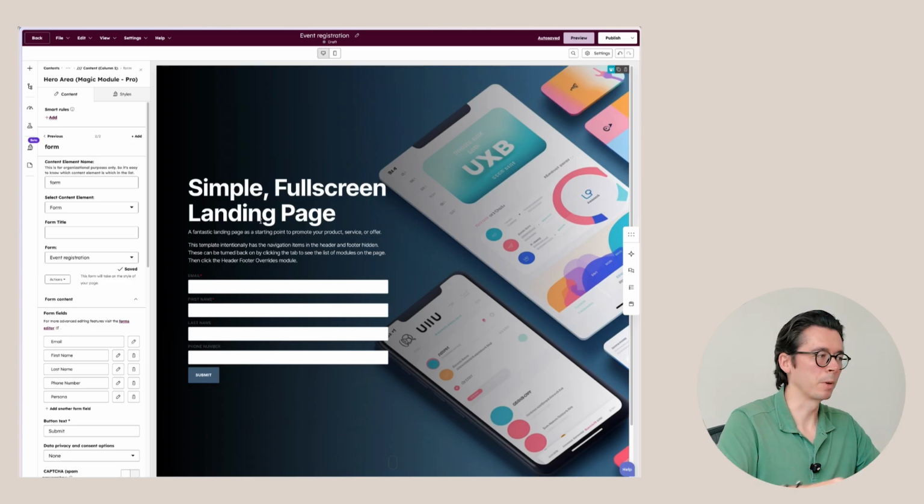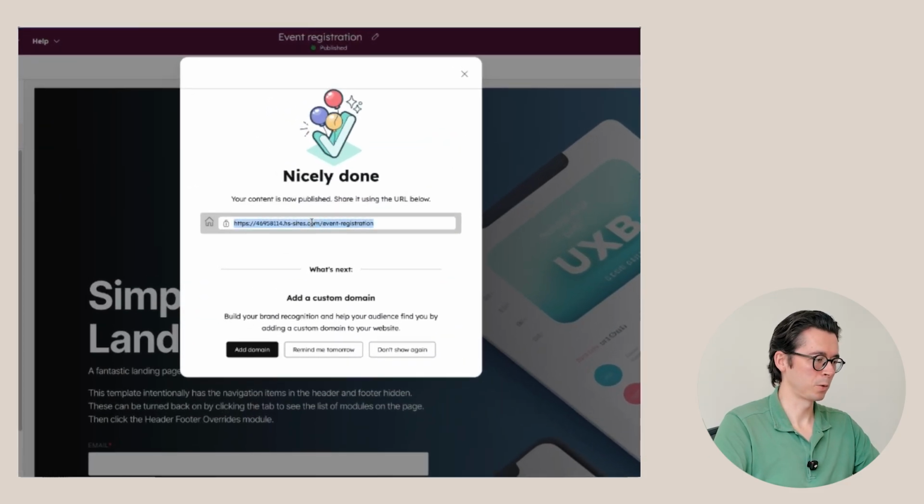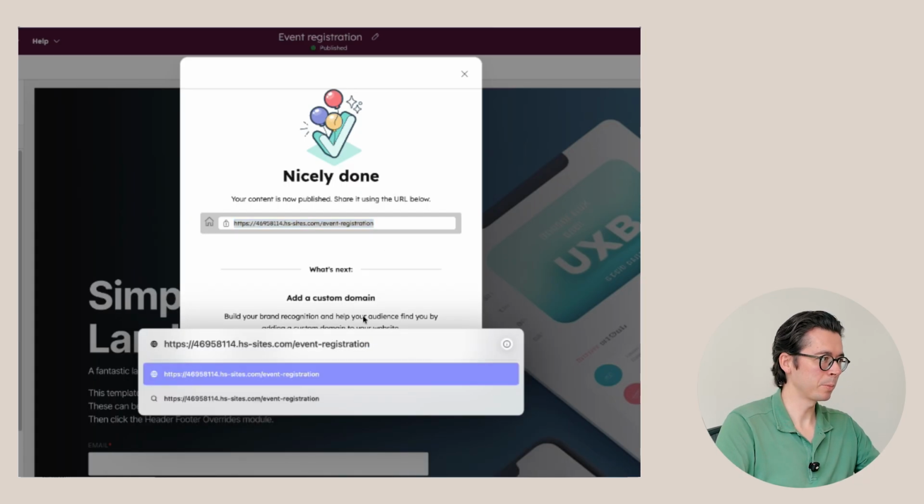Obviously, if you're following along, you do want to add some of your own text here and also update that image in that case. So now we can publish this. As soon as it's published, we get our URL that we can use. And this is where I'm going to show you how this works. So we're going to use this URL. I'm going to open a new tab. I'm going to paste in that URL. And then we're going to add a question mark. Remember, it was